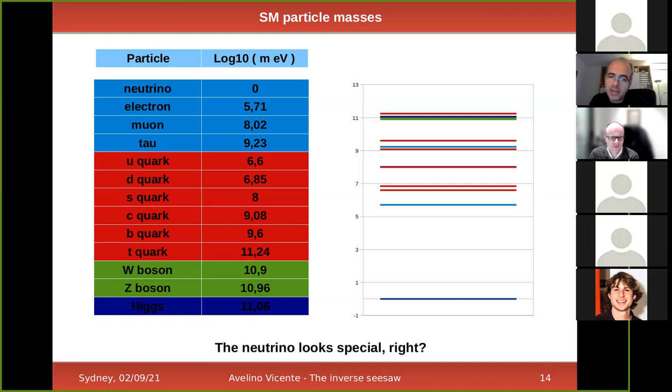And this might be just a numerical value that, I don't know, randomly was selected at some point, or it could mean that maybe there is some additional physics behind this value that we should try to implement in our models when we try to explain neutrino masses. So we don't need only to explain neutrino masses, but also why these masses are so low in comparison to the rest of the particles in the standard model.